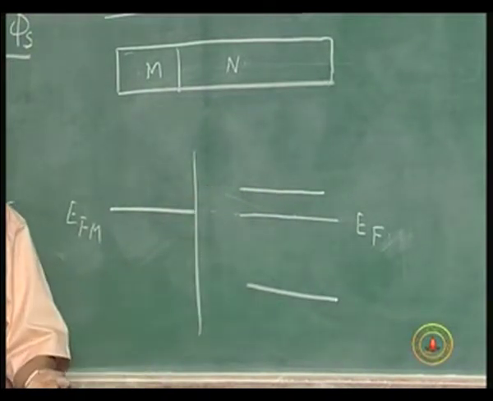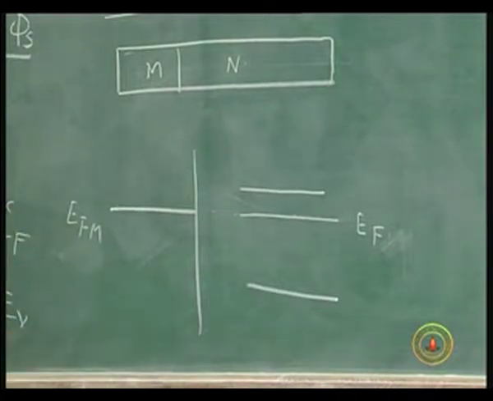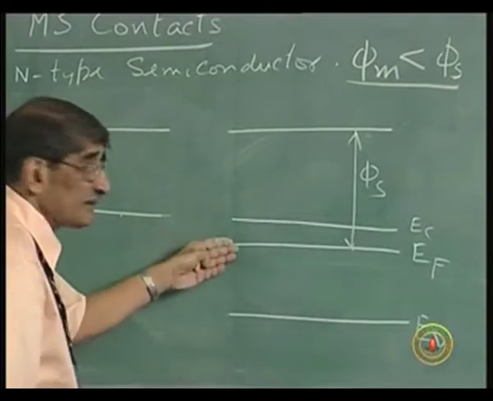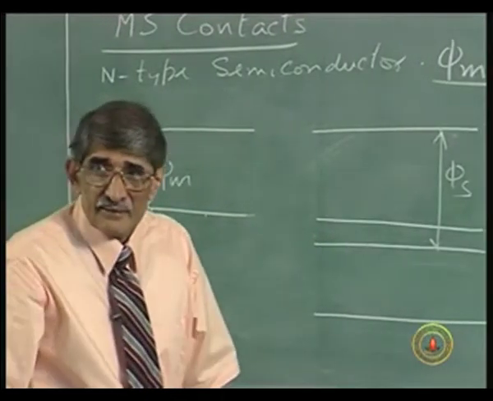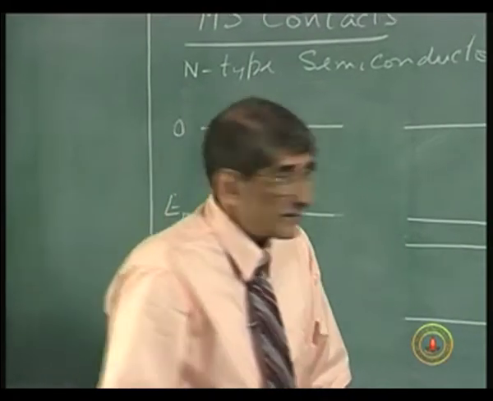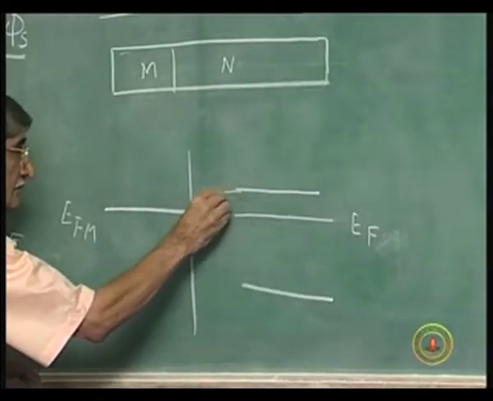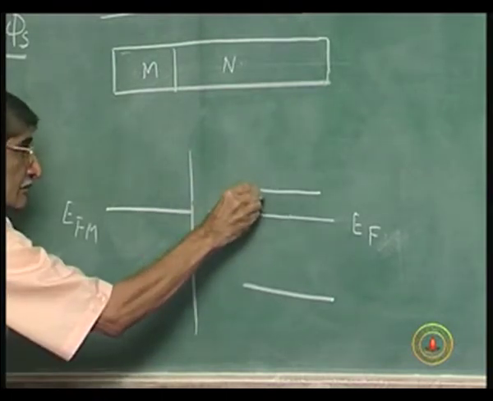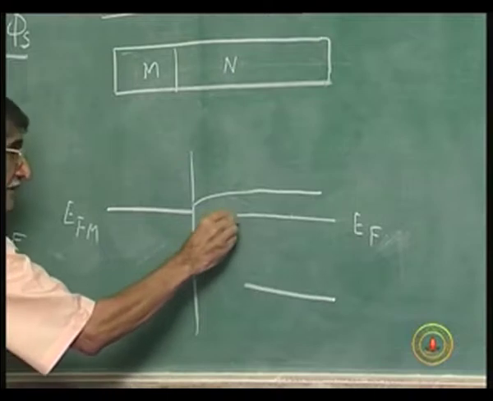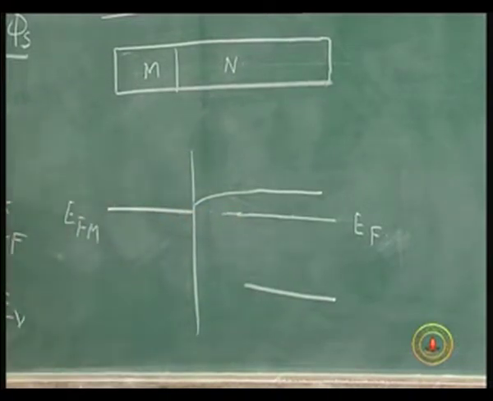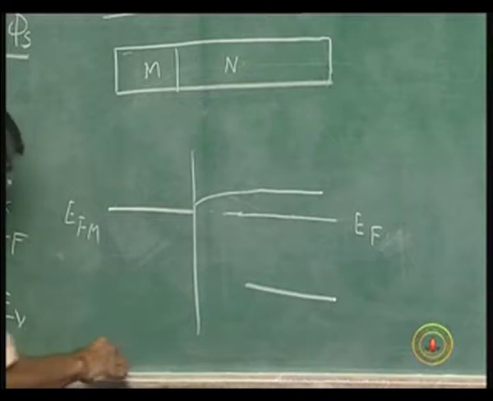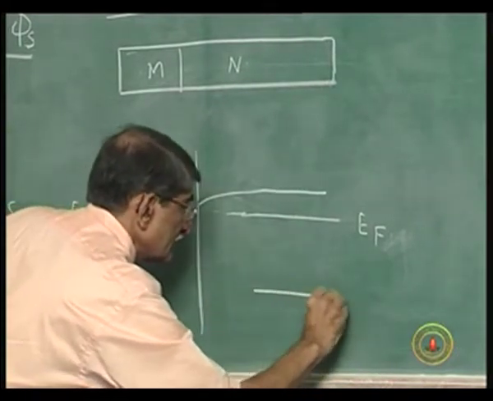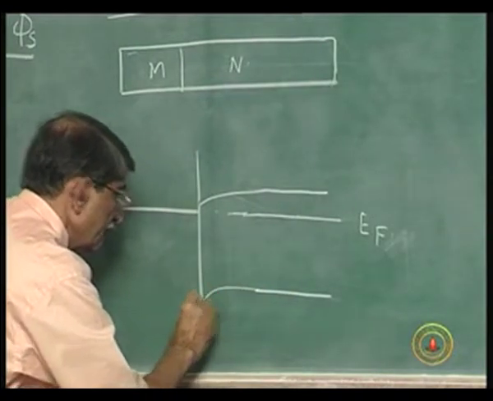The surface is actually more n type, because electrons have moved from here to here. Near the surface negative charge is there, meaning there are more electrons there. So, this is slightly bent down. How much it bends down, of course, depends upon the potential difference there. So, that is like this, correspondingly you will have a bend here,